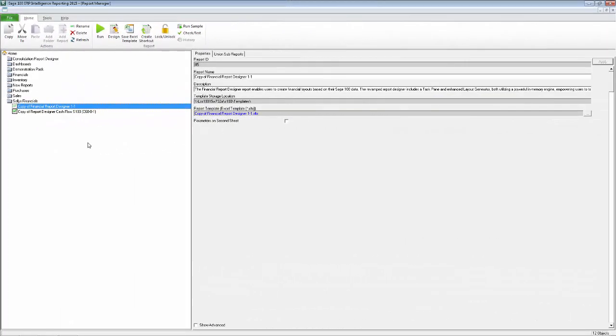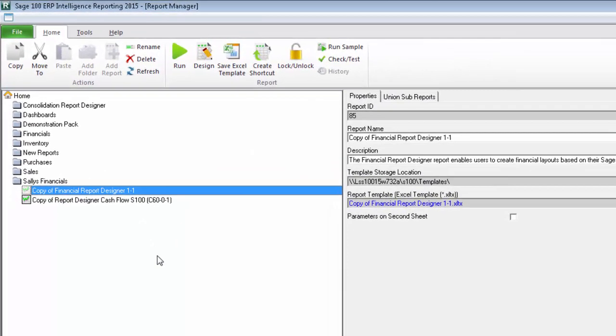If you go back to the Report Manager and select the Designer report, under the Properties you'll see a field called Report Template with the name of an Excel file included there. This is an Excel template that is saved on your machine and forms part of the report's definition. When the report is run out, it is an instance of this workbook that is opened and which your raw data is placed into. Now, by updating this file, any changes you have made to your workbook will be saved